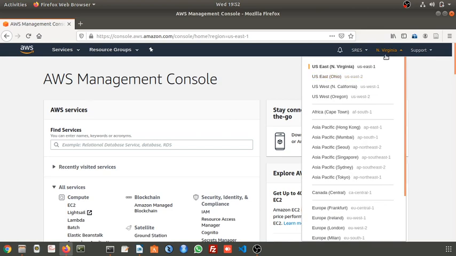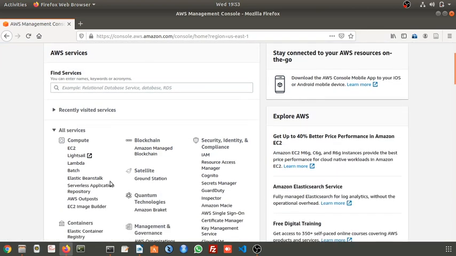Once you log in, you can see all the services. As we are going to launch an instance, we have to select the computing service, that is EC2, where you can create a virtual server in the cloud. So now click on this EC2.